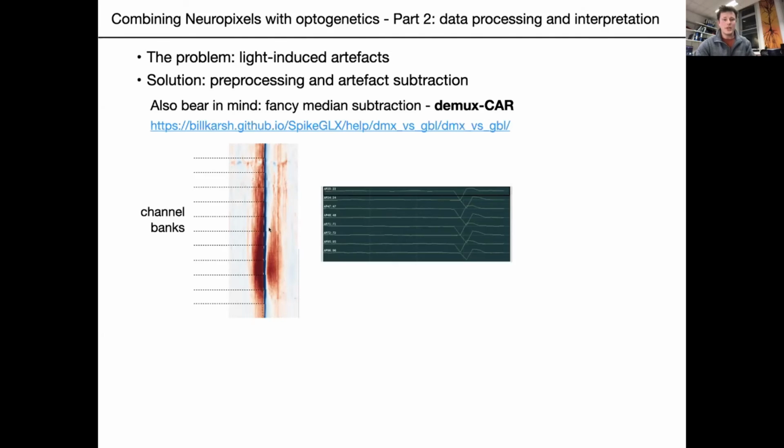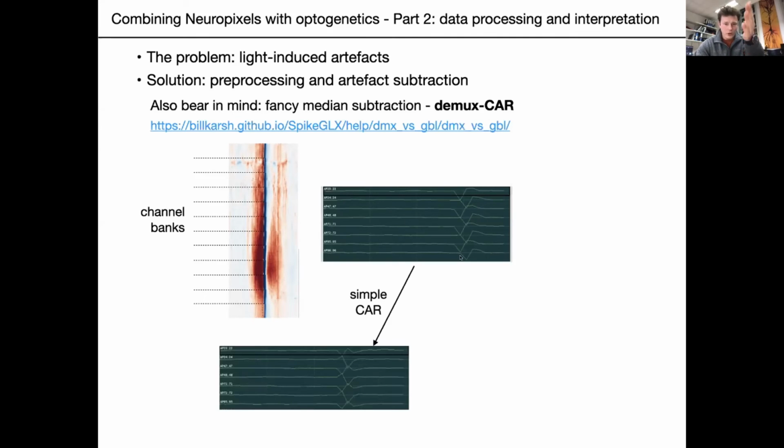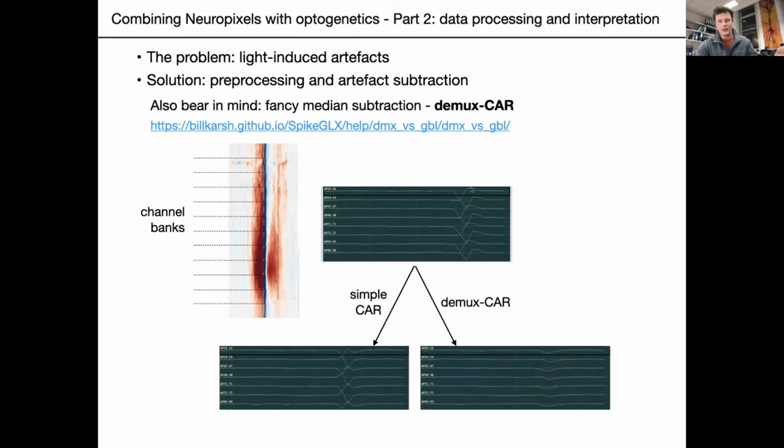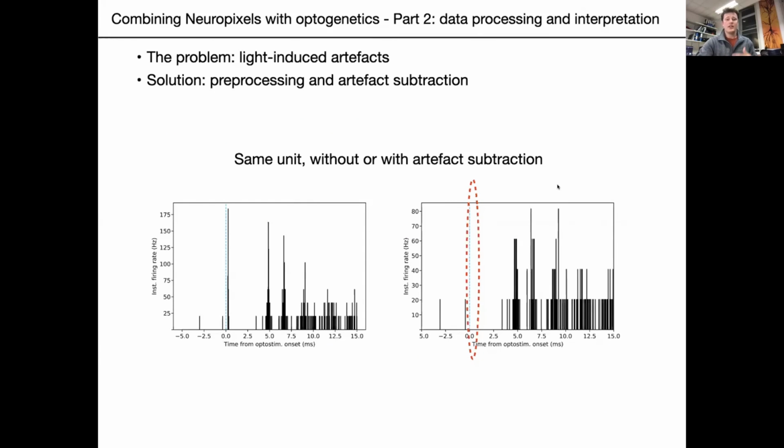And so if you just do a mere median subtraction across these channels, it's not going to do a good job if your artifact is really quick. So what you can do is account for these differences in the time when the data is acquired within a bank of channels, which you know, because it's the same across all probes, and you can correct for it and do a better job at artifact subtraction. This is available on the SpikeGLX website. And then if you do a proper artifact subtraction, you will successfully remove the false positives from your rasters,